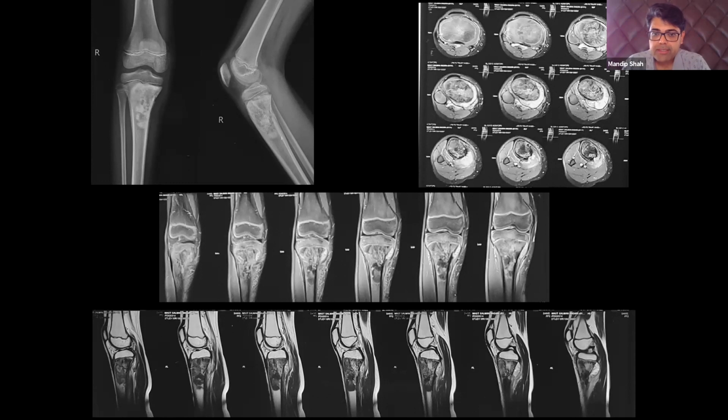all of us would think that this is a little more aggressive, something more than a simple benign tumor. You can see a lytic sclerotic lesion with a malignant periosteal reaction with a little bit of soft tissue mass on the back in a 12-year-old boy in the metaphyseal area. So you would all think of osteosarcoma. As you can see on this MRI also, there are sclerotic bone forming areas. There is a periosteal reaction. There is a soft tissue mass.